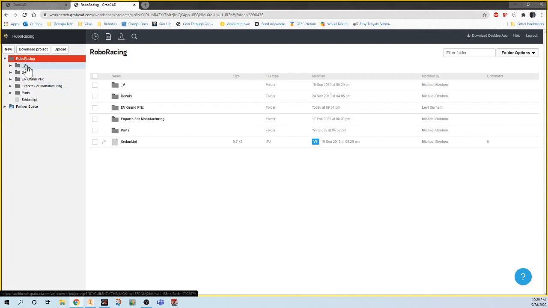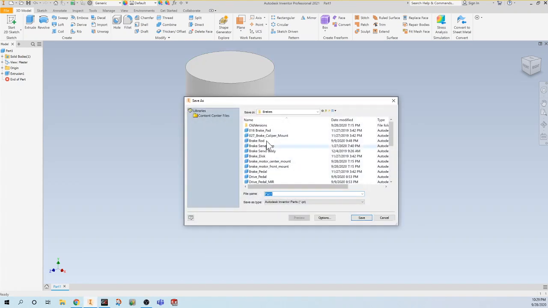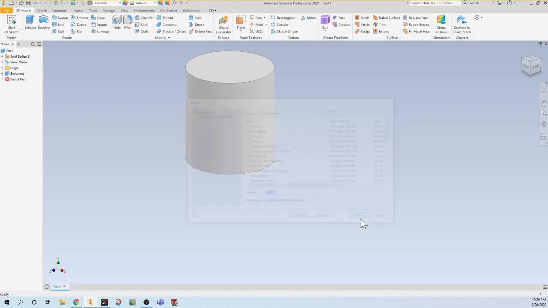be open in your file explorer. So for me, let's say I've got an Inventor, let's say I've got just a generic part, and I'll go ahead and save this. And I'm going to save this in my main Documents local part, and I'll call it cylinder. So as you can see, I saved it to my local computer, which means that if I want to upload to GrabCAD,